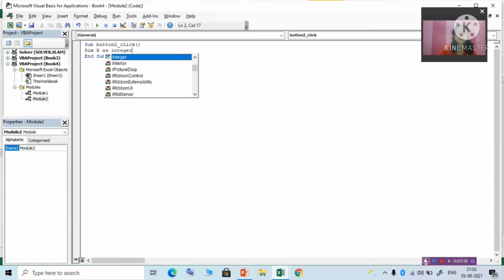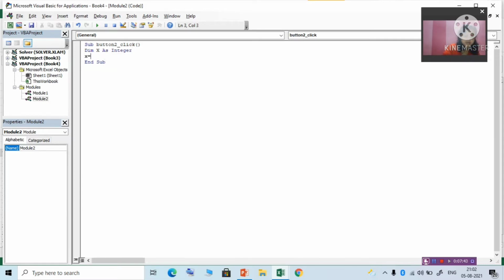It is a keyword we use when we declare a variable, whether it is a character variable, decimal variable or integer variable. Dim x As Integer. Dim stands for your dimension. So x is an integer value and we assign the value as 10. Okay. So then